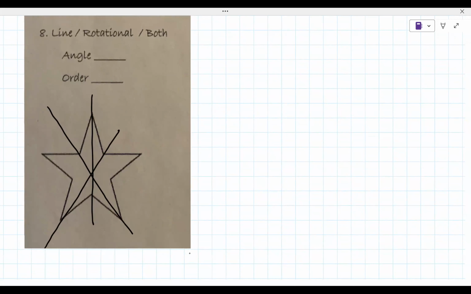This isn't really math, by the way. I mean, this is more like, I don't know, art or